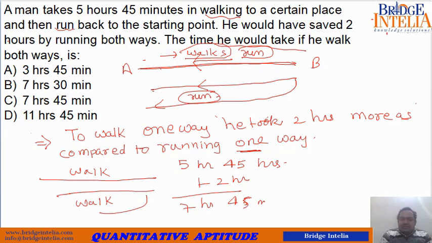Next time you see this question, you don't have to solve it. Please understand what happened. This difference is given, a difference of 2 hours. You simply add 5 plus 2, 7 hours 45 minutes. Because even after you solve, you will reach the same conclusion, that what was saved in case 1 had to be added in case 2. So the 2 hours which were saved will now get added. Let's take another example.